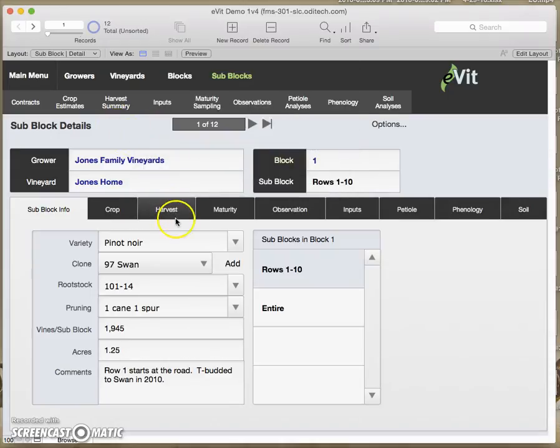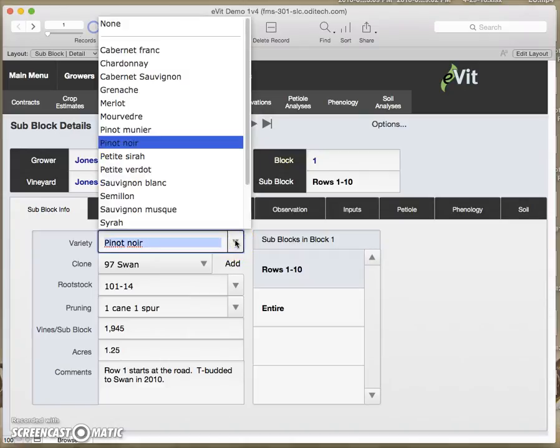So that's what we have in the options button. And now to go through the details here, starting with the subblock info, I'll see how far I can get with my 15-minute maximum. So here we have a pull-down list of all the varieties that are available to choose,